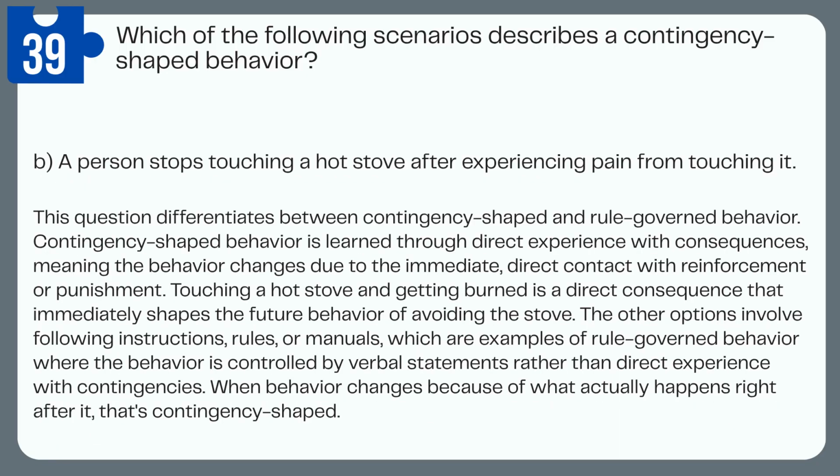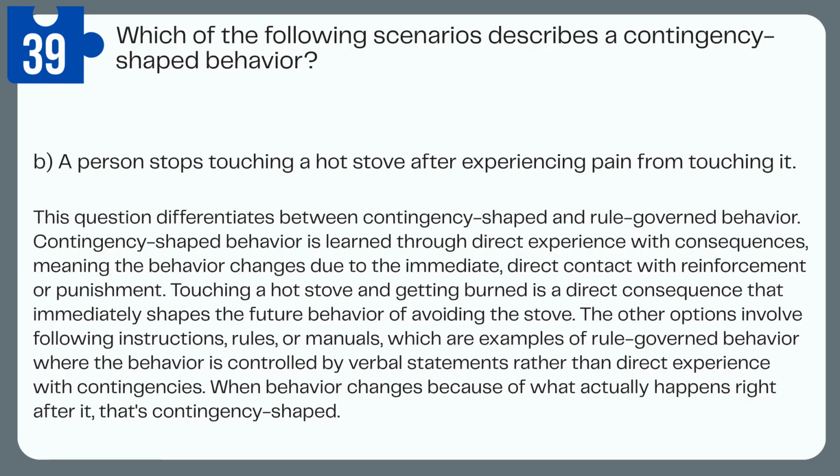Answer: B. A person stops touching a hot stove after experiencing pain from touching it. This question differentiates between contingency-shaped and rule-governed behavior. Contingency-shaped behavior is learned through direct experience with consequences, meaning the behavior changes due to the immediate, direct contact with reinforcement or punishment. Touching a hot stove and getting burned is a direct consequence that immediately shapes the future behavior